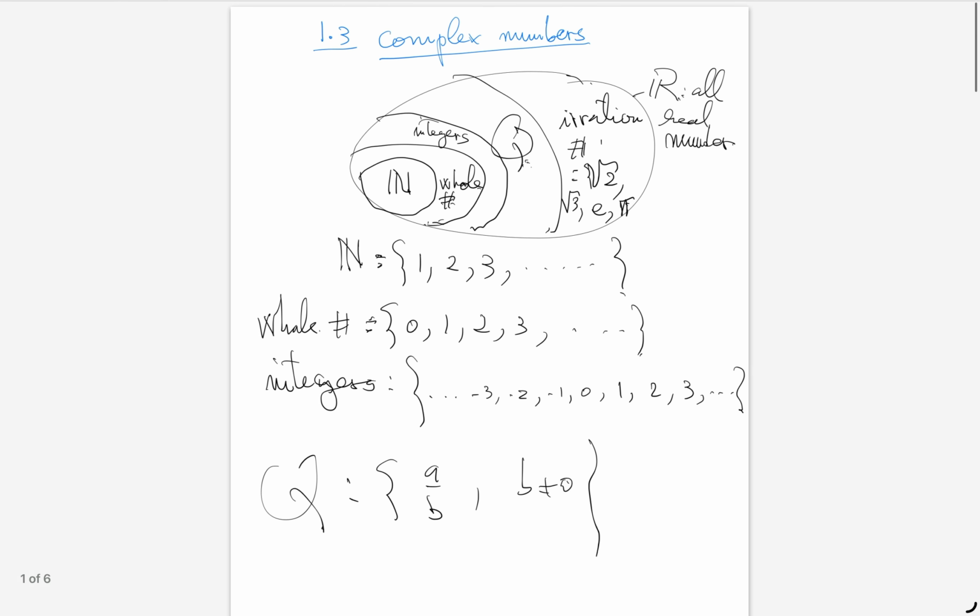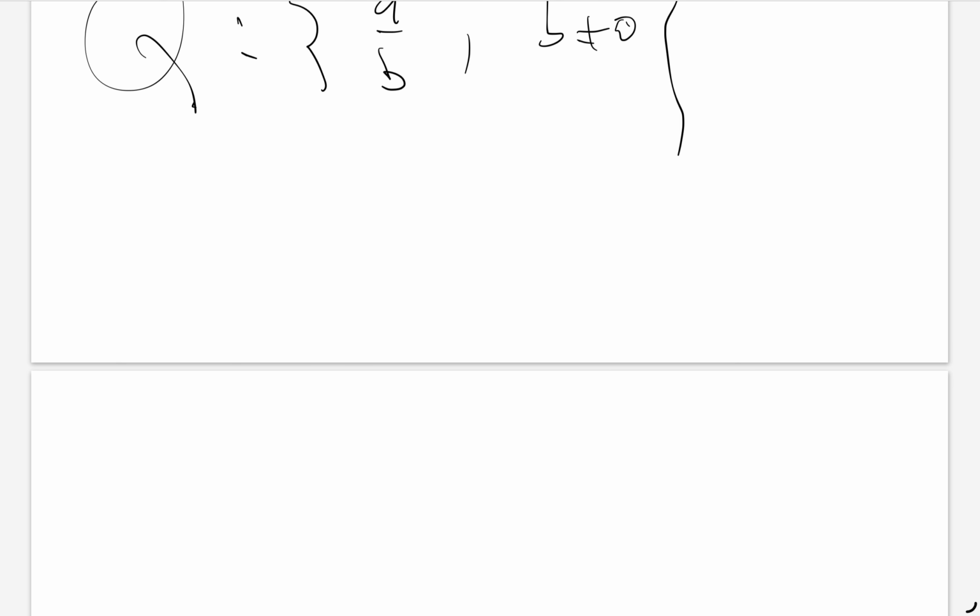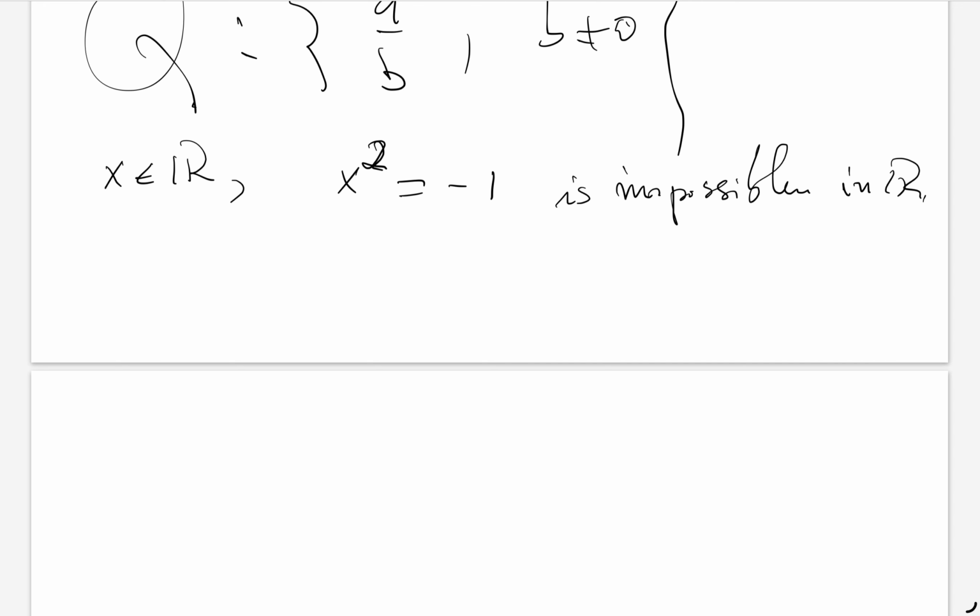So, okay, now remember one thing. If x is a real number, x squared equal to -1 is impossible, right? You used to say it is impossible in R, in all real numbers. Be careful, I say in R. R is all real numbers. Why? Because if x is equal to 2, you have 2 squared is 4, which is not equal to -1, which is impossible. Okay? But